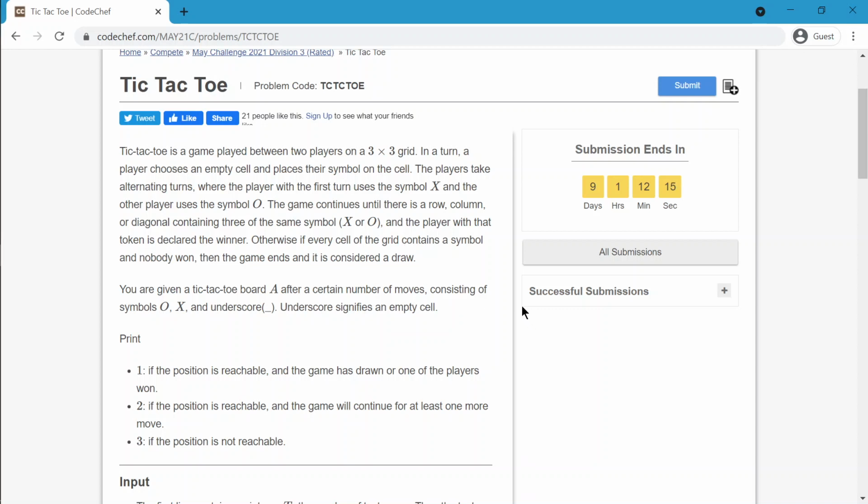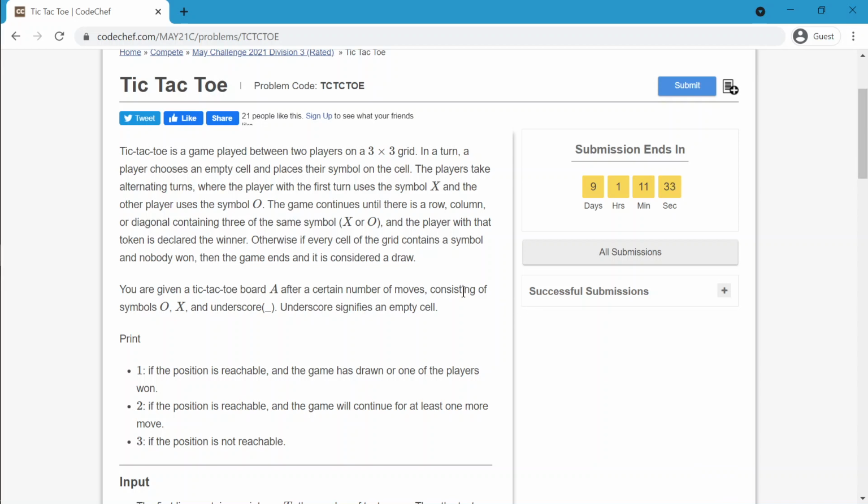There is a 3x3 grid, that is rows and columns, and there are actually 9 cells, 3 in each row. Now if any of the 3 rows or columns or diagonals has all zeros or all X, then the player with those zeros or those X will win. Otherwise the game continues. Okay, these are the game rules.